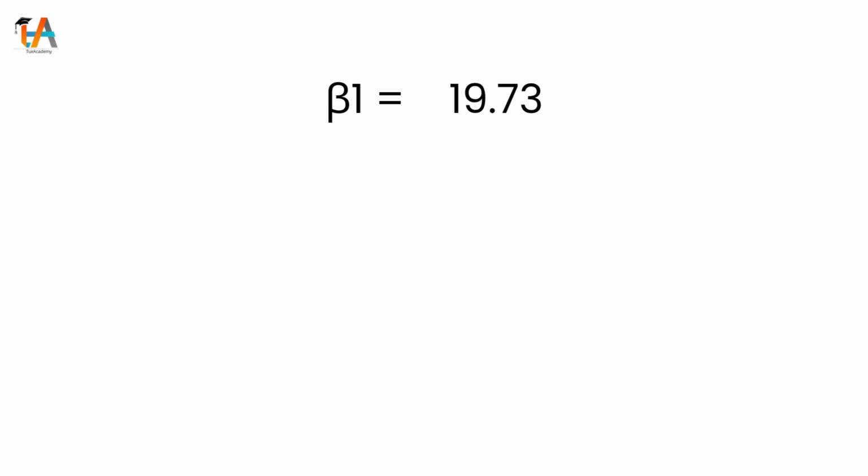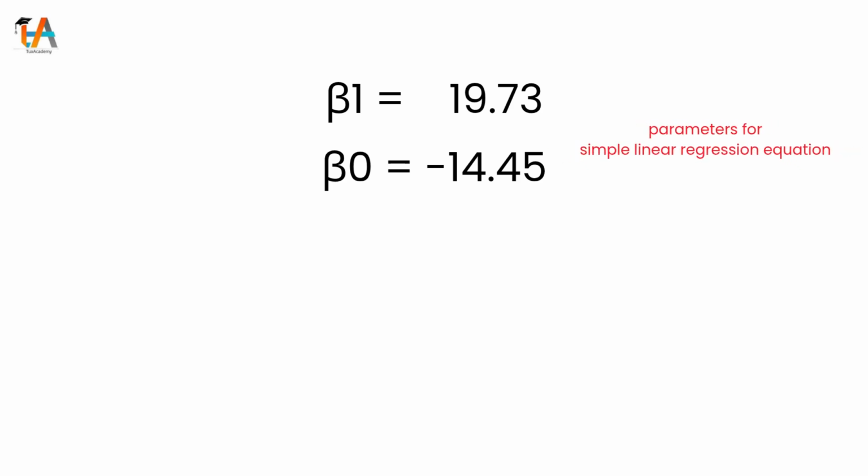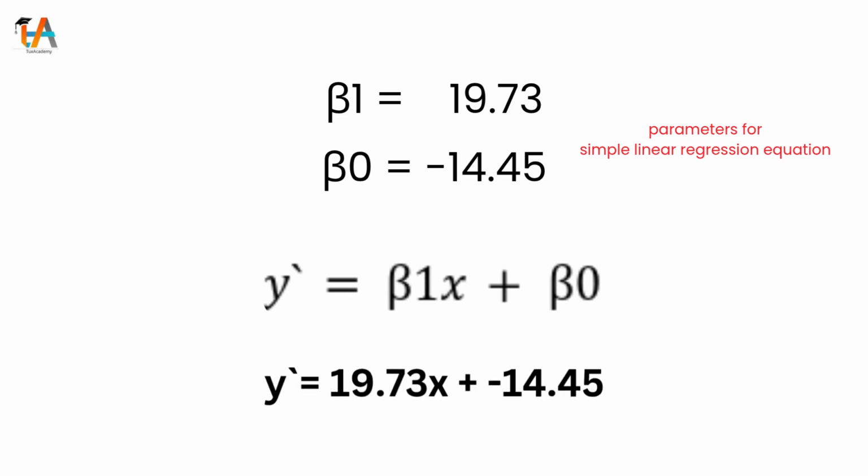Suppose beta 1 is calculated to be 19.73 and beta 0 is minus 14.45. Now you have the parameter values for the linear regression equation. Thus, putting these parameter values into our linear equation, our equation would look like this. This creates the equation for our straight line that will be the best fit line that describes the relationship between